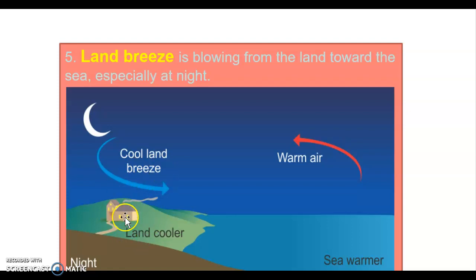So during the night, the land is now cooler. But the sea, as I said earlier, heats up slower and also cools down slower. So if you feel cold and you wanted to go swimming, you will notice that the sea at night is quite warmer because